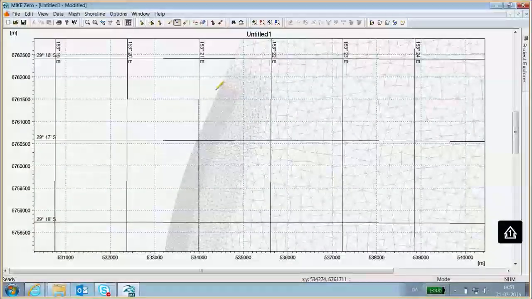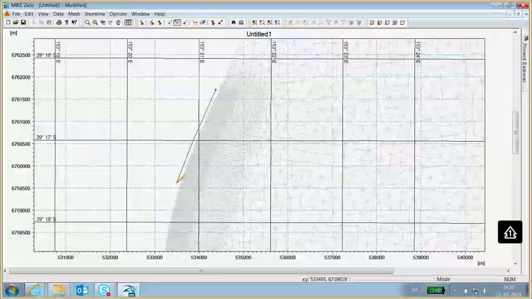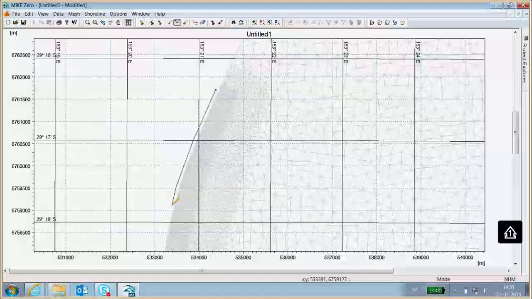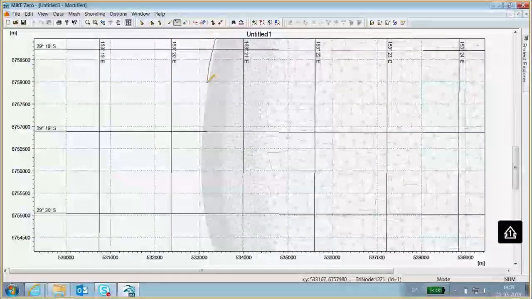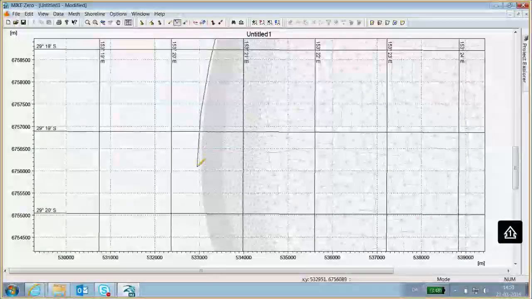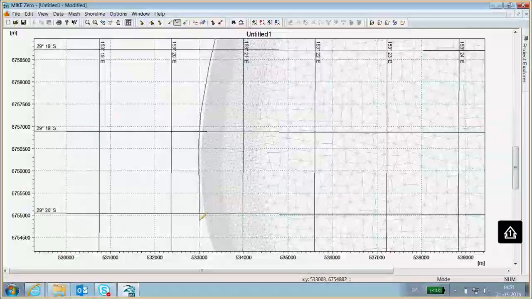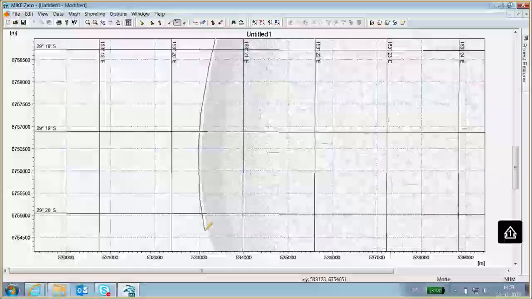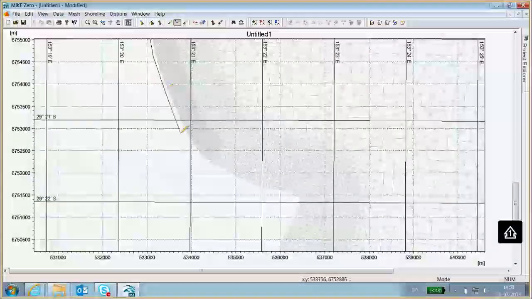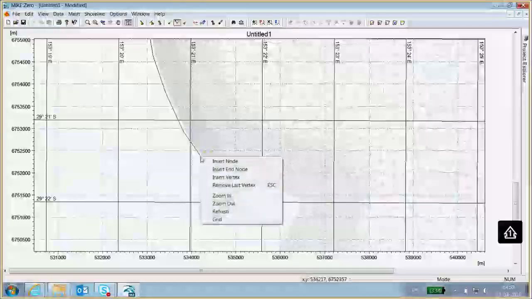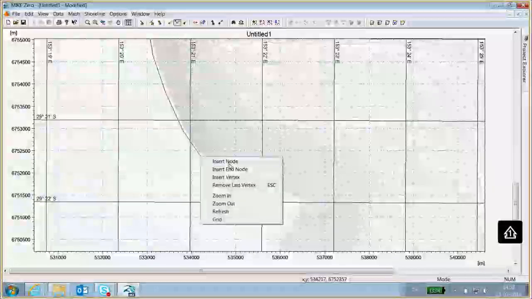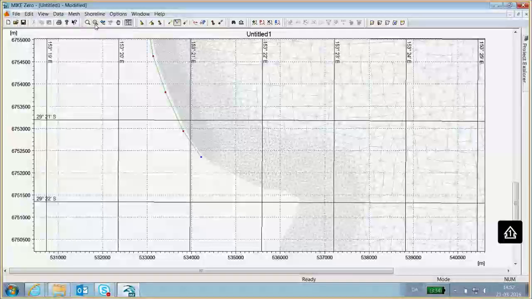So I'm just going to draw the baseline along here, like this. And then end node, insert end node, like that. And just zoom out so I have a better overview.